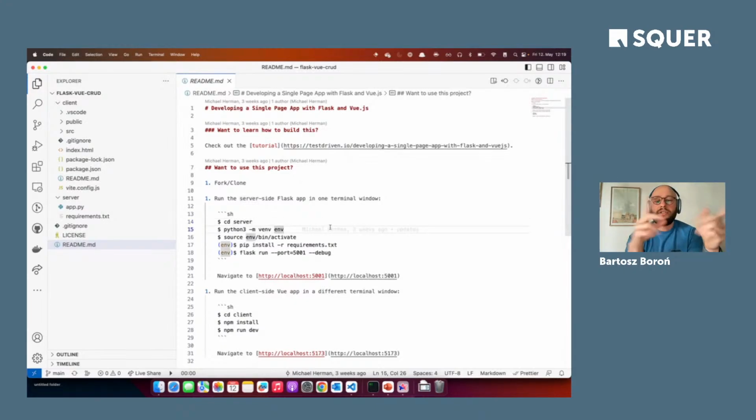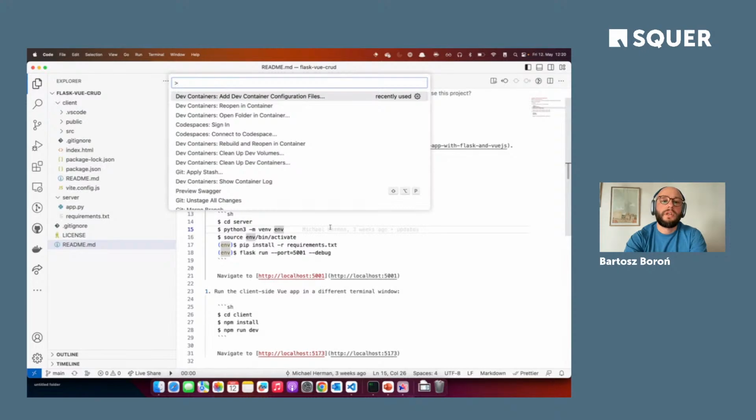And how to turn this repository into a dev container repository is very simple. As I said, all you have to do is provide a Dockerfile describing all the dependencies you need to install, and this devcontainer.json file to have the overall configuration. With VS Code and the Dev Containers extension, you can do it very easily.